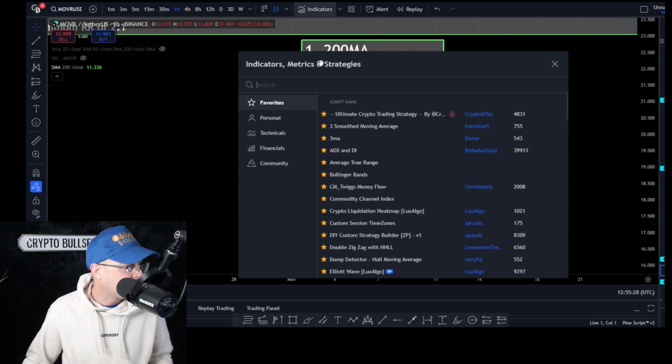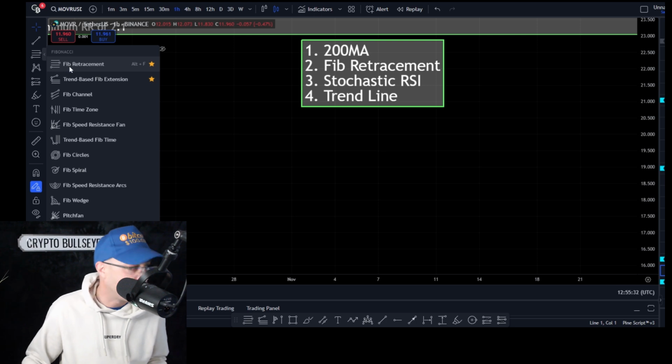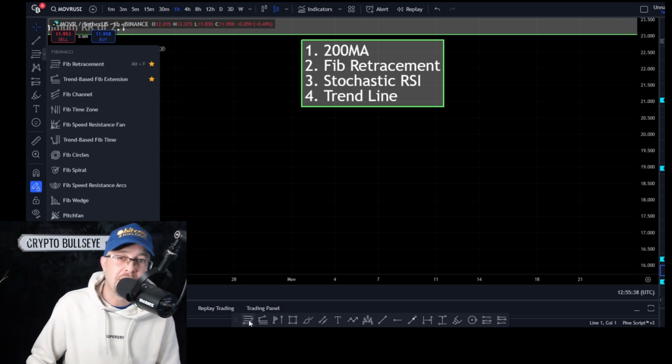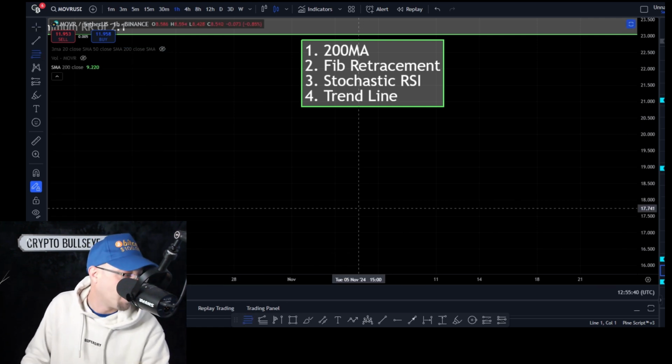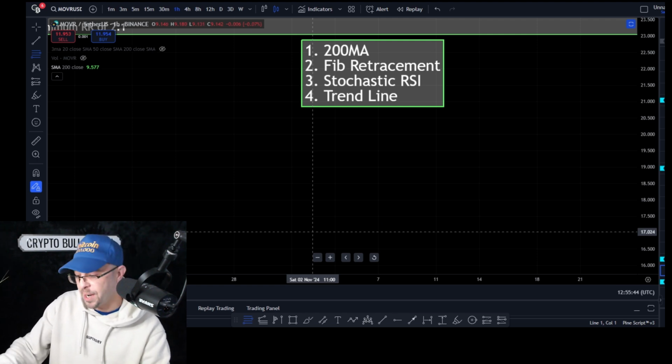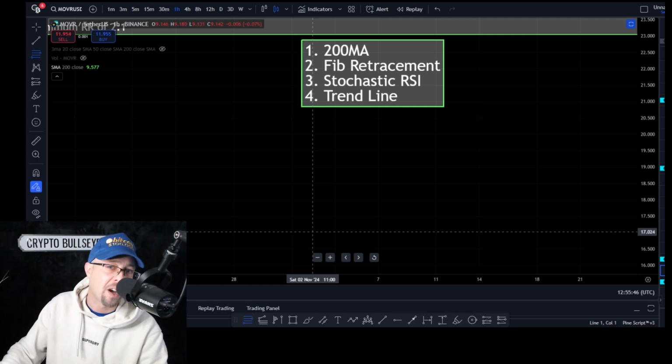Sorry, not your indicators. On the left-hand side, you've got your Fibonacci retracement tool here. So pick your Fibonacci retracement tool, click the star, and it'll be added to your favorites down here. What we're going to do is I'm going to amend this in real time. What we're looking for is higher highs and higher lows. When we're putting in higher lows, we're looking for a 618 retracement. And how do you know whether it's a 618 retracement?